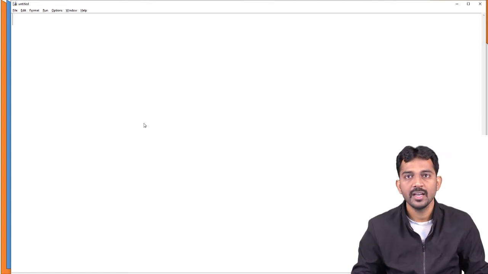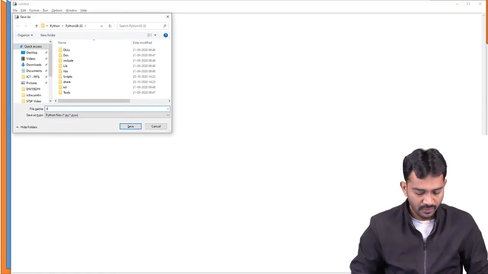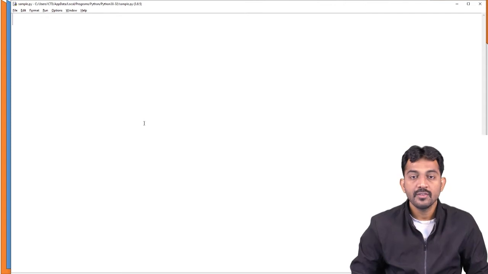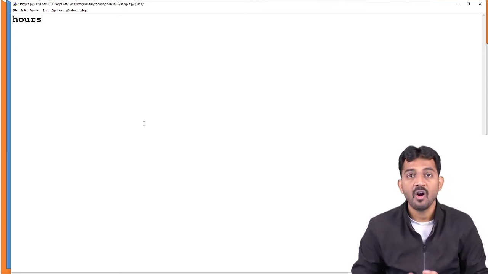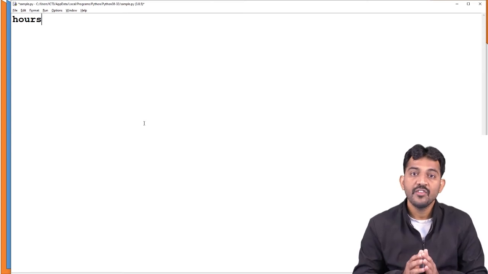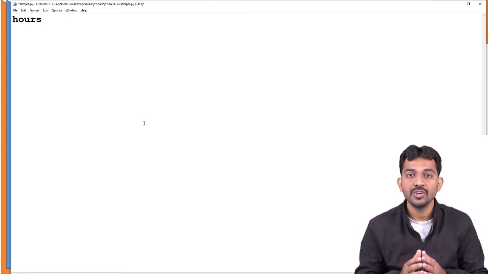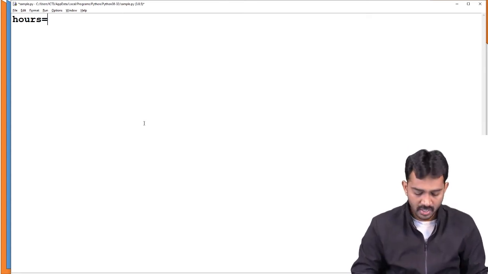First I am going to save the file. The file name is sample. Yes, I saved that. Next, first I need to read the hours, right? So always use variable names related to the particular value. So I'm going to read that hours, and that is why I took the name hours. Generally, if you take input.